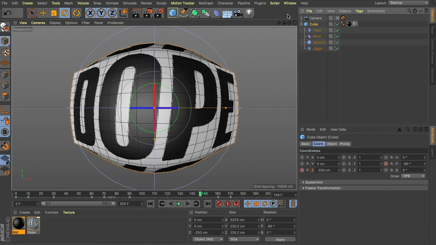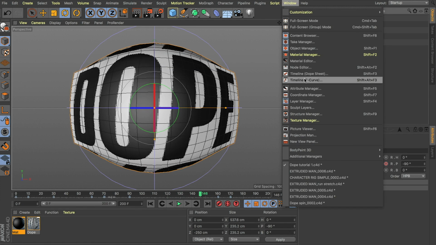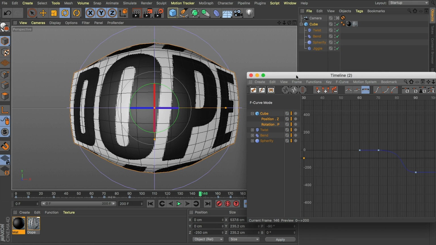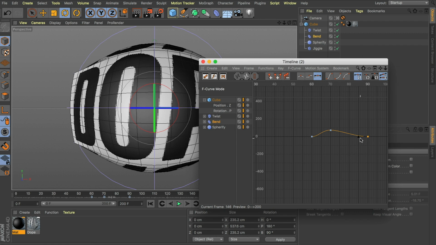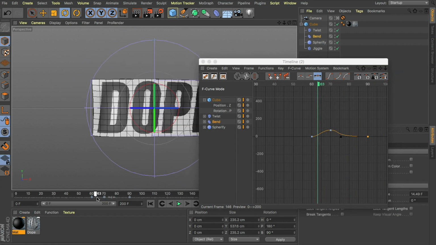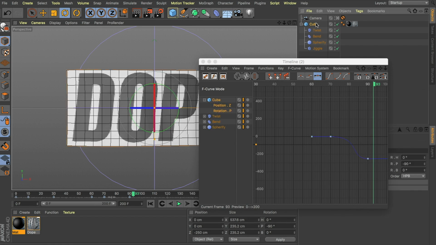All right, let's jump into our F curve. I think instead we want to ramp into it a bit further. We actually want to ramp into it a bit quicker.